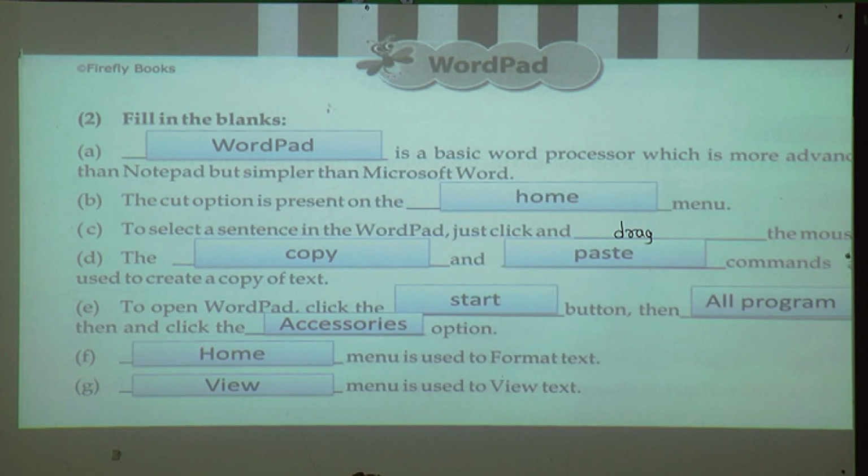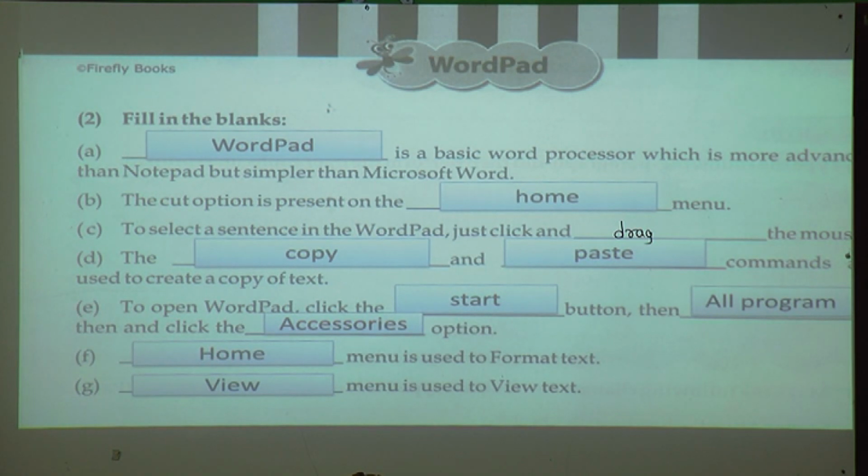Third one, to select a sentence in WordPad, just click and drag the mouse. Fourth one, the copy and paste commands are used to create a copy of the text.